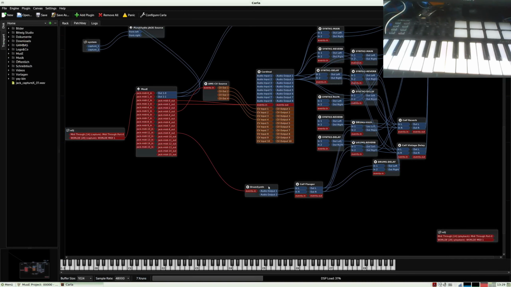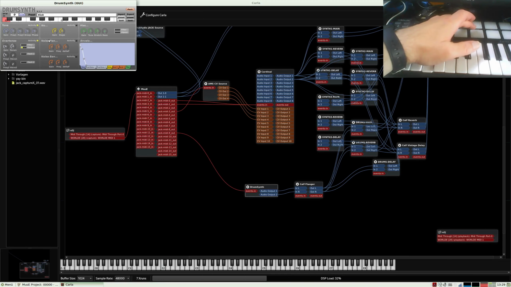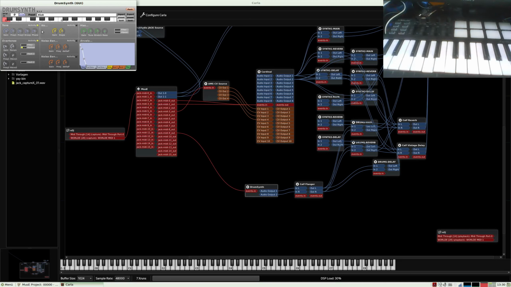This drum synthesizer has a thing I don't like. I need to change this every time. So when you press the drum, it's all okay. Then you press the second instrument, and the next time you get a higher bass drum than before. I'm not sure if it's a drop.